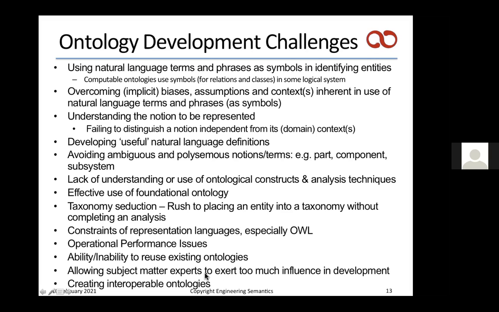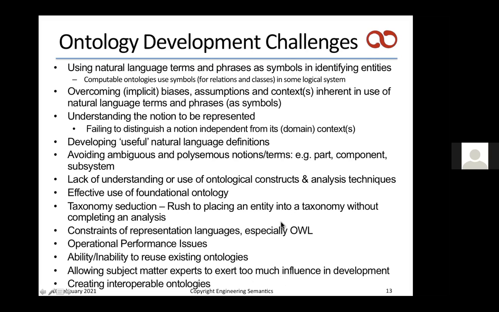And as I mentioned already, subject matter experts shouldn't be allowed to exert too much influence in development. They are, of course, subject matter experts, and you want to extract that expertise. But in terms of the actual representation that's needed for a particular application, you really have to be careful because of this issue I mentioned up here about the use of natural language terms and phrases and the biases and assumptions that are implicit in the use of those terms, especially by those subject matter experts who may have been using those terms for quite a long time and have expectations as to their interpretations. And then, of course, creating interoperable